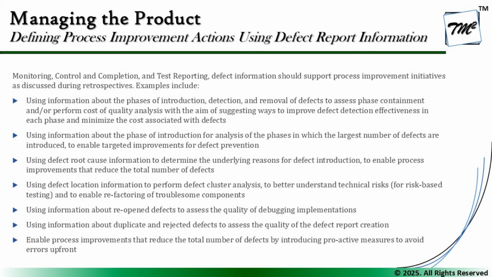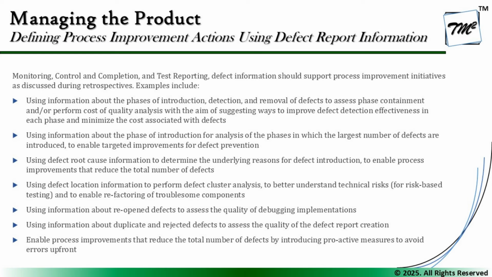Similarly, using information about duplicate and rejected defects to assess the quality of the defect report creation. So the number of duplicate defects certainly helps us to understand that we are raising unnecessary defects, which the team is rejecting. And rejected defects basically means that you have reported the defect, but there was no sufficient information. So we may have to improve the way we write it and many other things like that. So we look forward to work on duplicate and rejected defects as well and try to reduce them as a